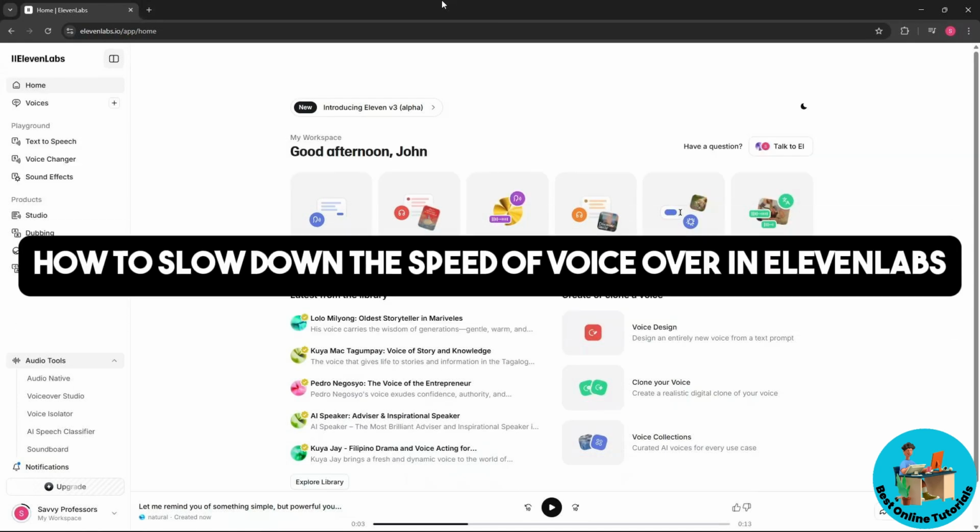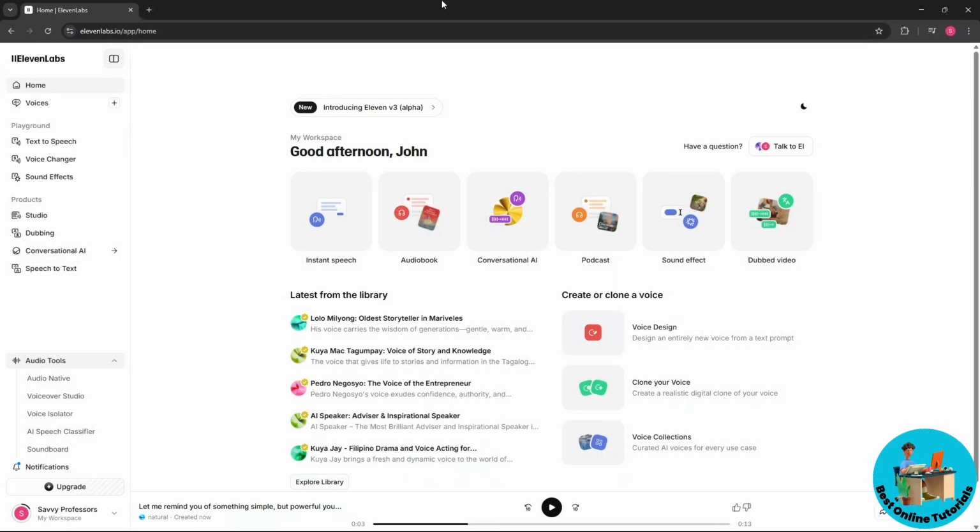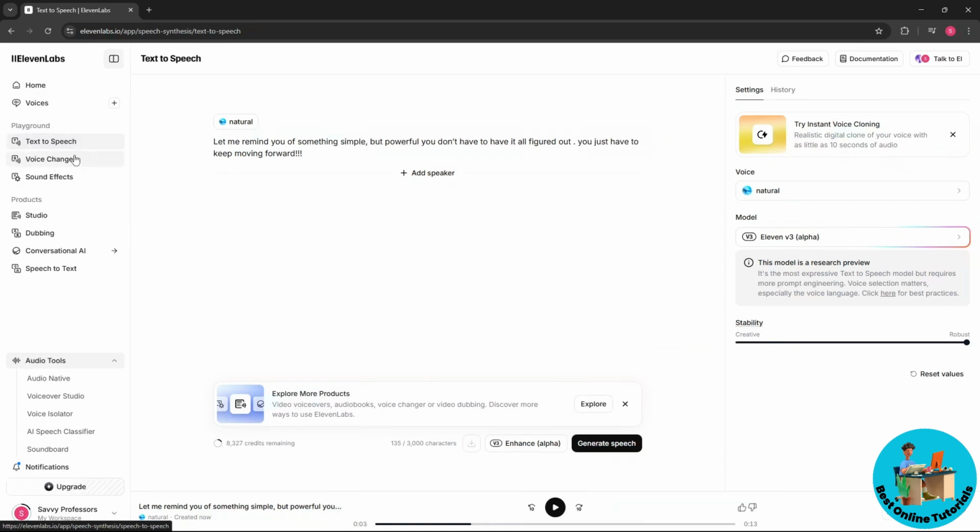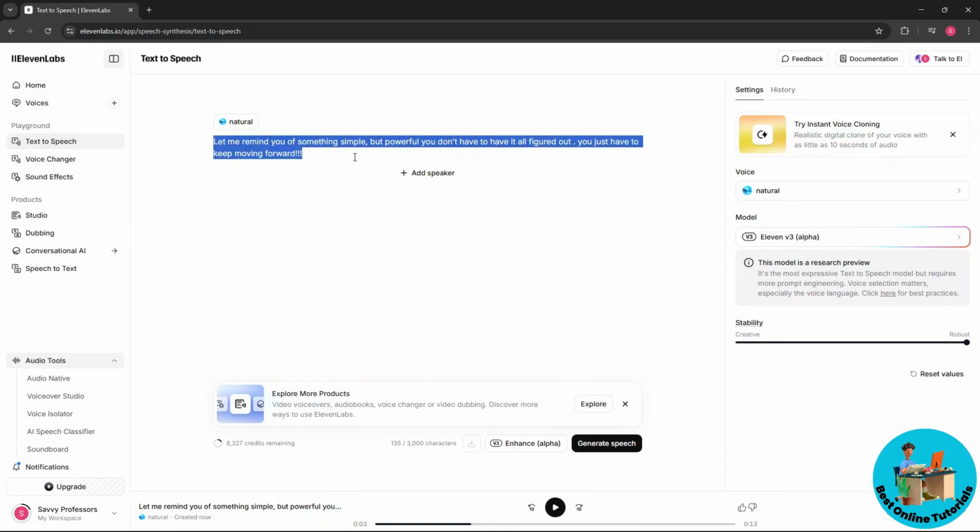This is how to slow down the speed of voice over in Elevenlabs. So first thing is just simply go to the left side over here and go to text to speech. And now from here guys, of course, just simply provide the text that you want to turn into speech over